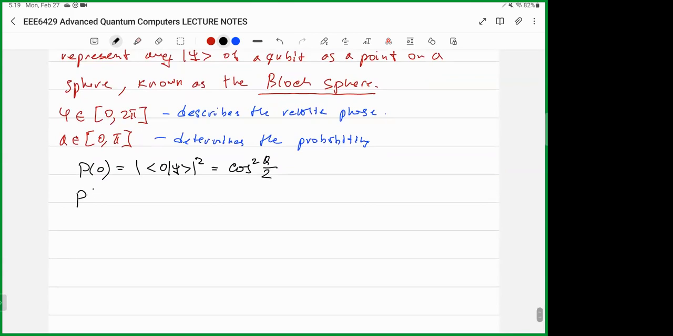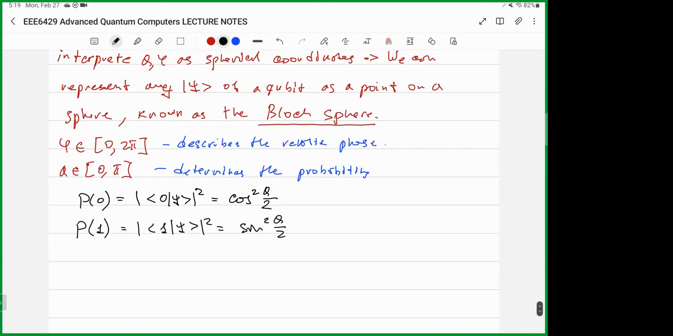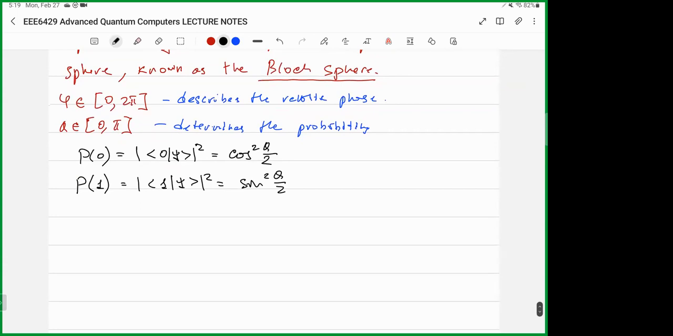And similarly, the probability of finding the state 1 will be given by a similar expression, and it is defined by sine square theta over 2. So no phase here, and the phase is actually not that important at this point when we're talking about the probabilities of one single qubit,